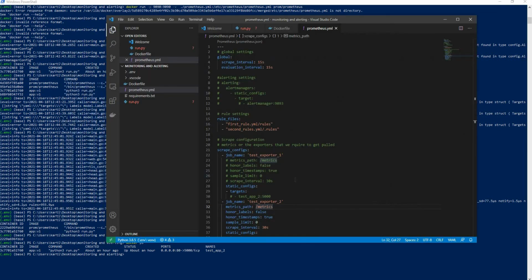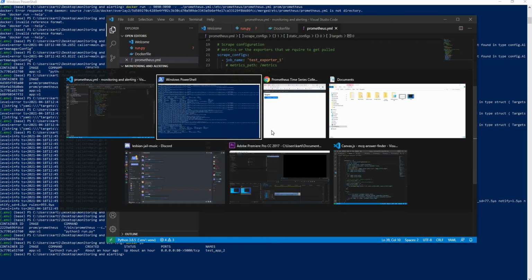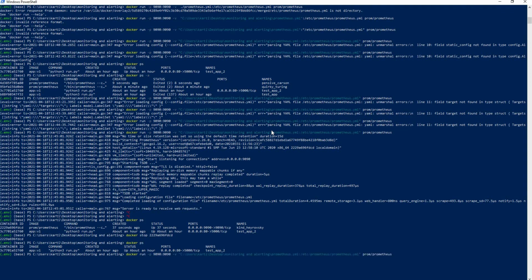I'll just uncomment my targets. So I just want to see if there's an error here. And let me give a string actually here. Anyway, it is by default taking it as a string, but yes. I'll run, but this time I'll run in detach mode.